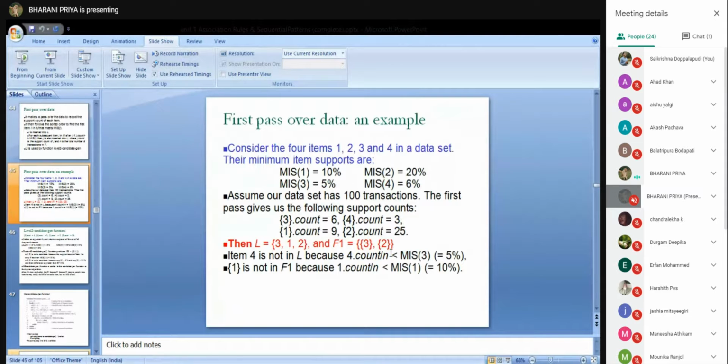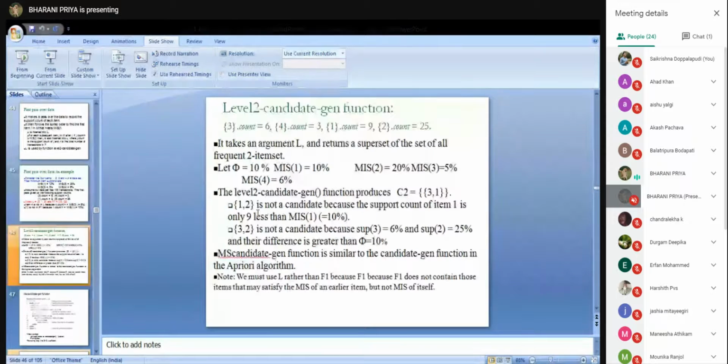You are considering which items to take, and 1 and 2 we are not taking because it is not satisfying the minimum support. And then 3 and 2 you are not considering because it is not satisfying the constraint of 5. You need to consider all the constraints. Okay,